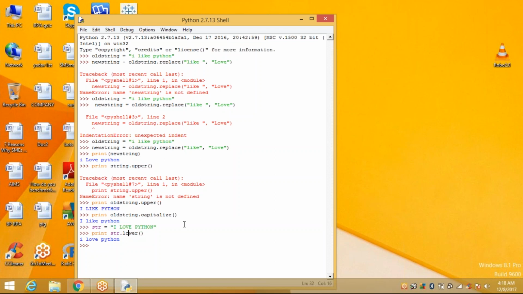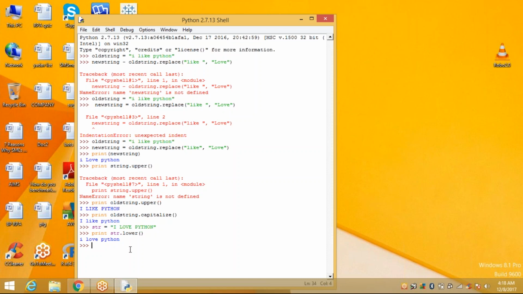Okay. Next is the join function for strings. The join function is more flexible for concatenating strings. With the join function, you can add any character into the string. For example, if you want to add a colon after every character in the string Python, you can use it like this.